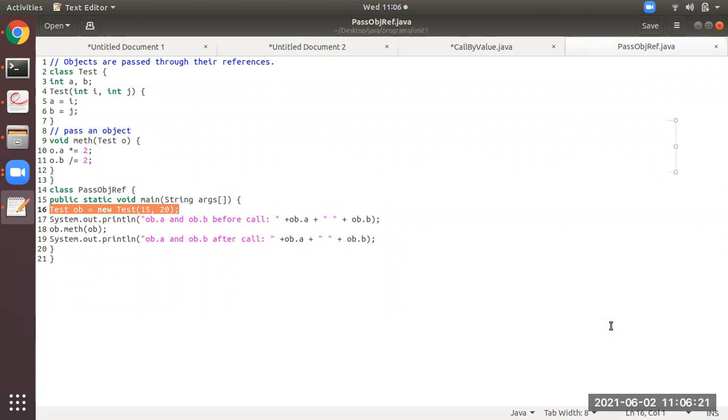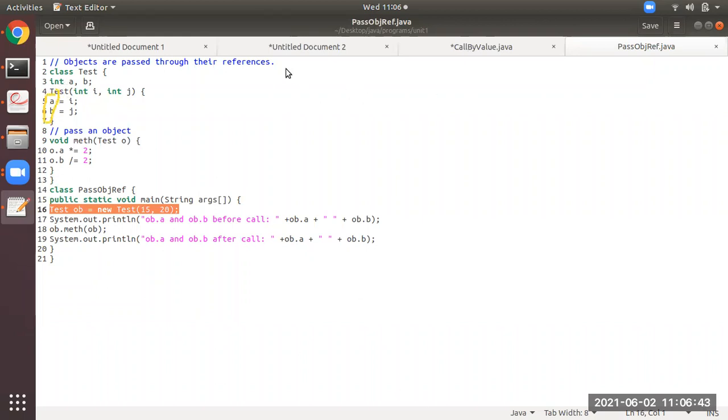Then b in ob will receive the value j. j is what? 20. See students, from here it is passing for i and j the values 15 and 20. Here a and b will receive i and j, that is 15 and 20.